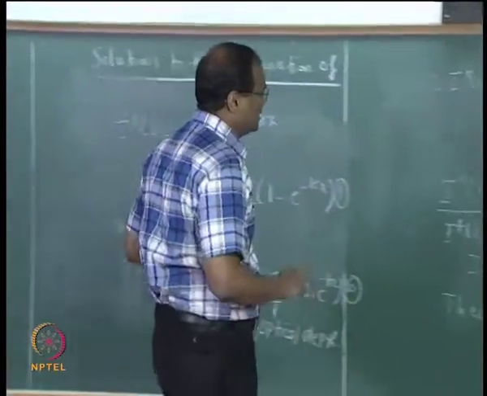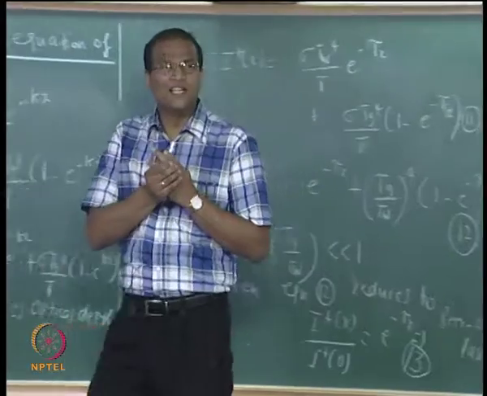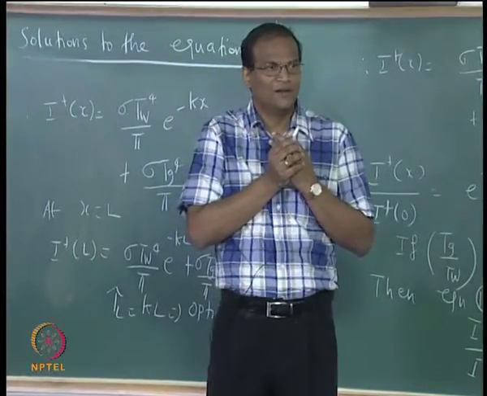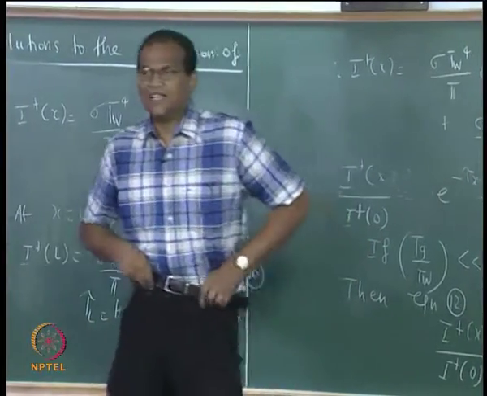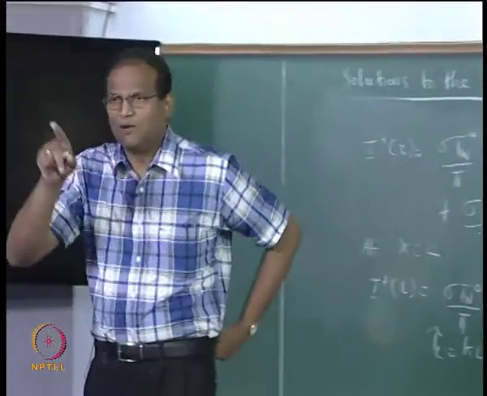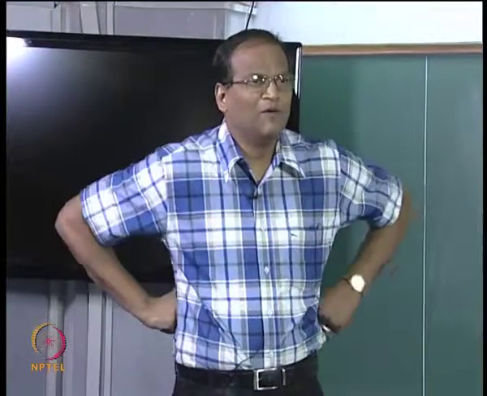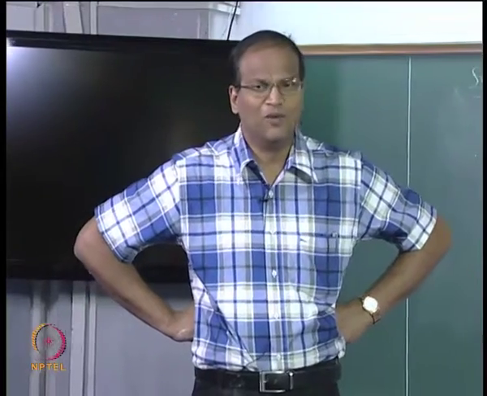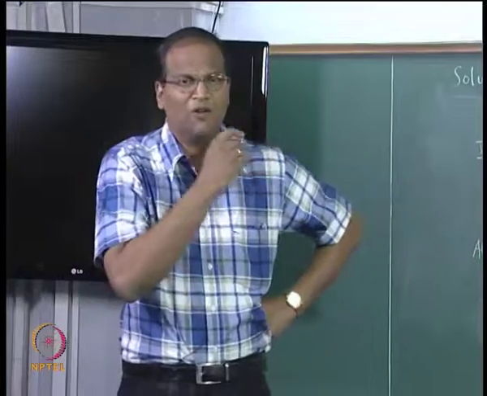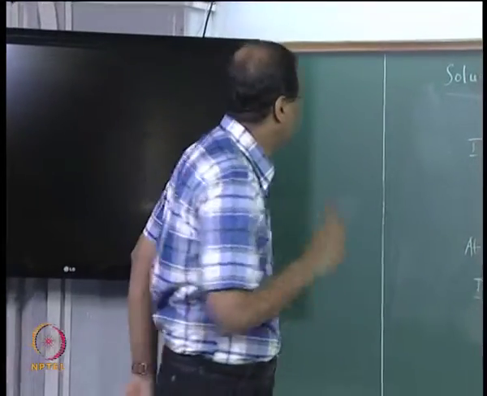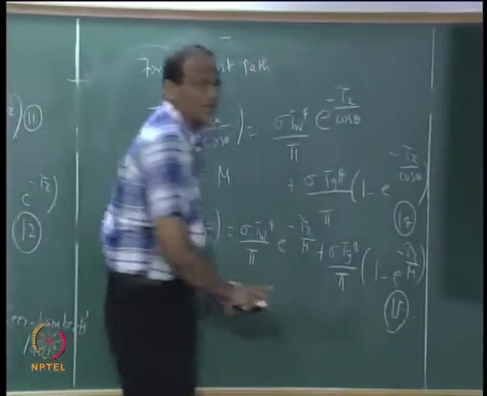So this is basically the solution to the equation of transfer. You can see that even for a simple case where there is only one wall which is black, there is a gas layer which is grey, and we are looking at one positive direction of x, it is quite formidable, but of course we can do it with chalk and talk, with pencil and paper. The more difficult things we will have to program. A little bit of complications we can handle. Now let us try to find out what will be the heat flux arriving at the elemental area dA. Is that clear up to this stage?